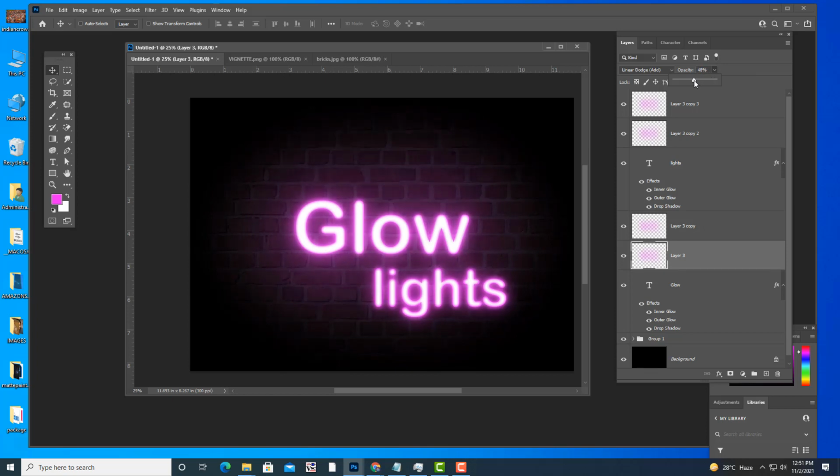Minimal lighting we want. So this is how we are able to create this neon glow. You can use different colors. We have used pink color now. You use the same technique, same procedure for other colors, like red or blue.